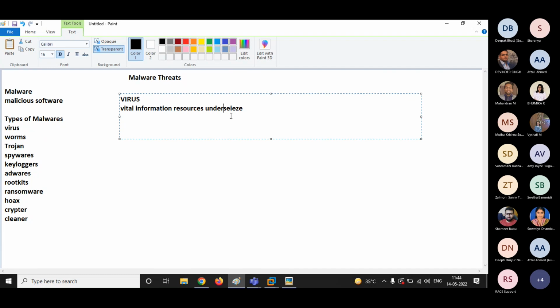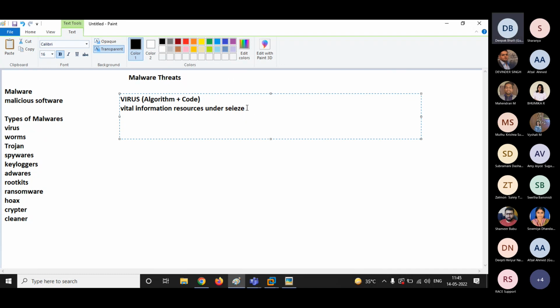Okay, that's the full form. And always remember, a virus is a combination of a certain kind of algorithm plus a certain kind of code. If I define a virus, a virus is a self-replicating program that produces its own copy by attaching itself to another program on a computer system or on a document. All right, that is a virus.